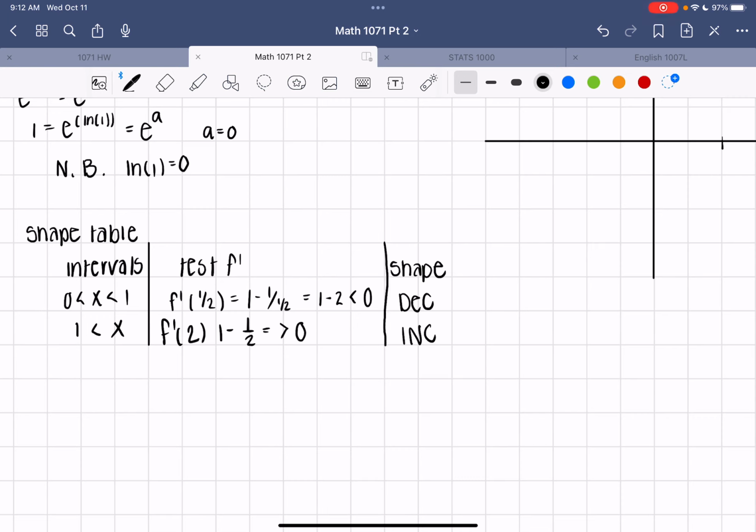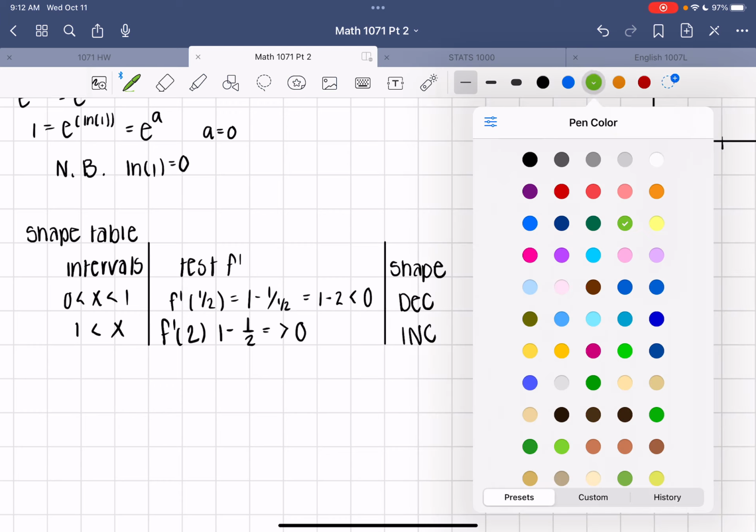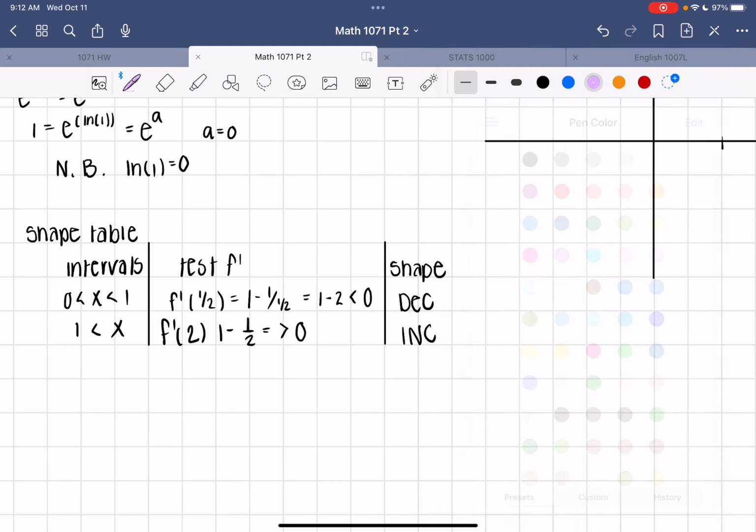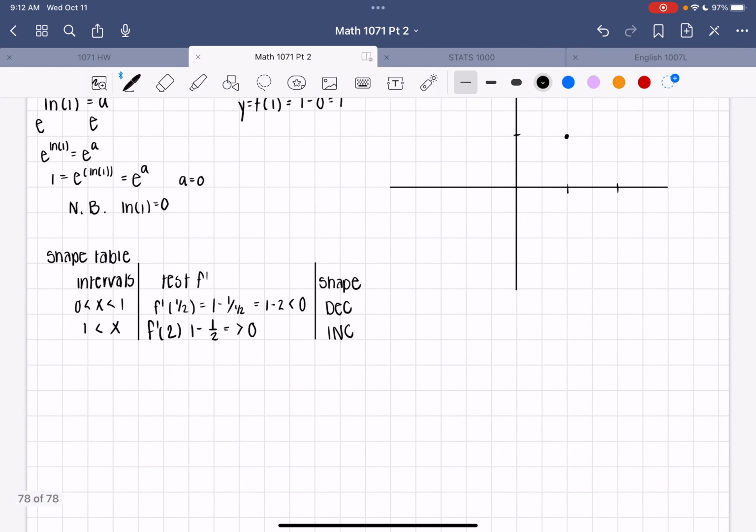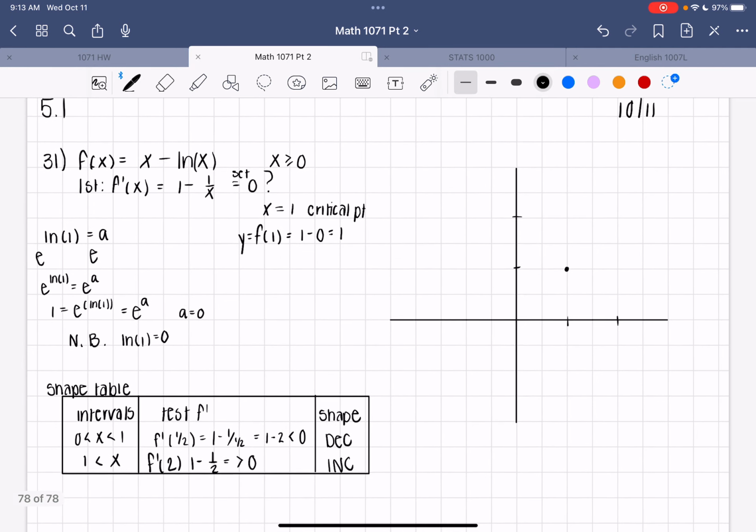That's good enough. It's not quite true. So remember the graph of the log. If you just graph the log alone, it would look like that. So the log of a small number is becoming increasingly negative. That's why you've got this asymptote there. So there you have increase, there you have